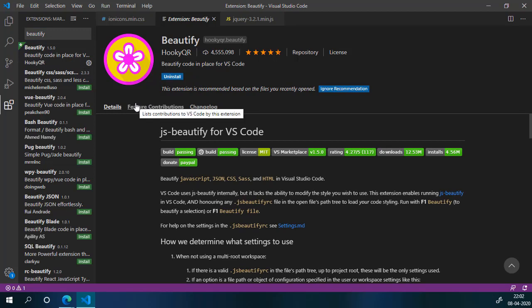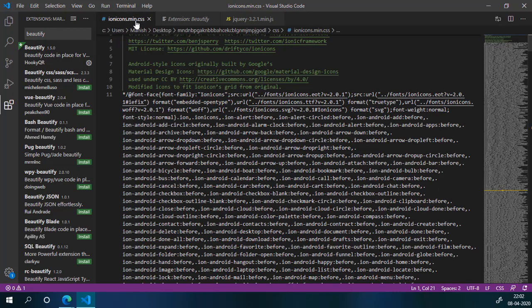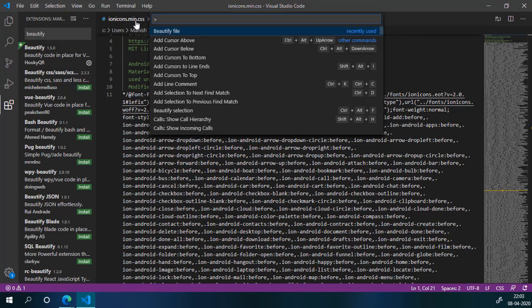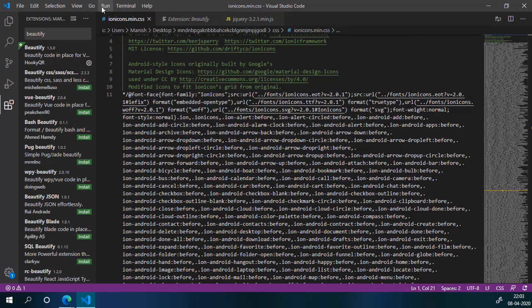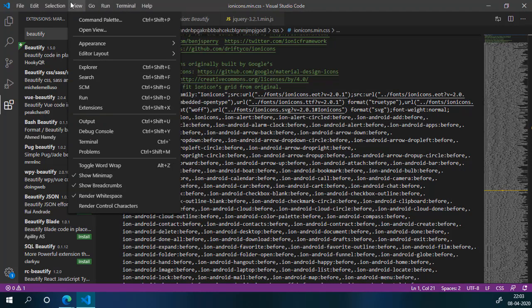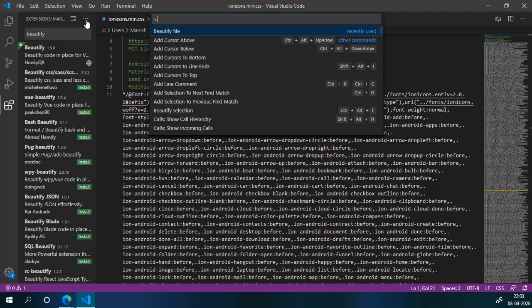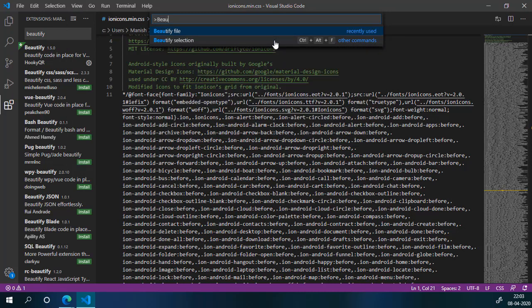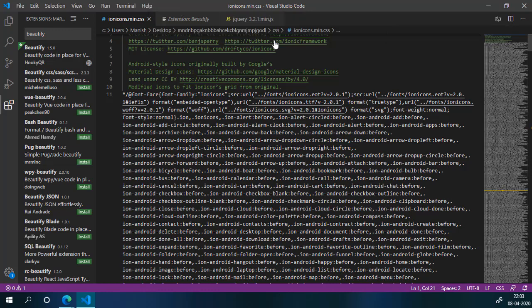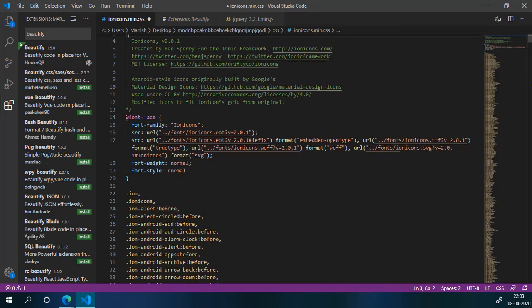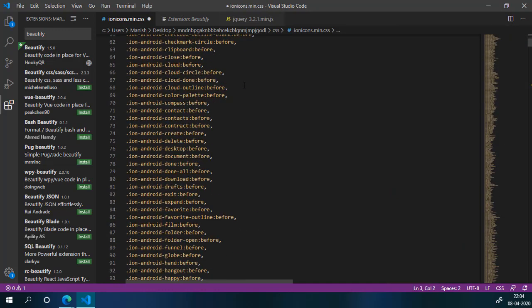Next step is we need to perform these operations on a file. So I will open my CSS file and then I will open the command palette using F1 key. You can also open this command palette using this view option and command palette, and then I will type Beautify file and then enter. Formatted,